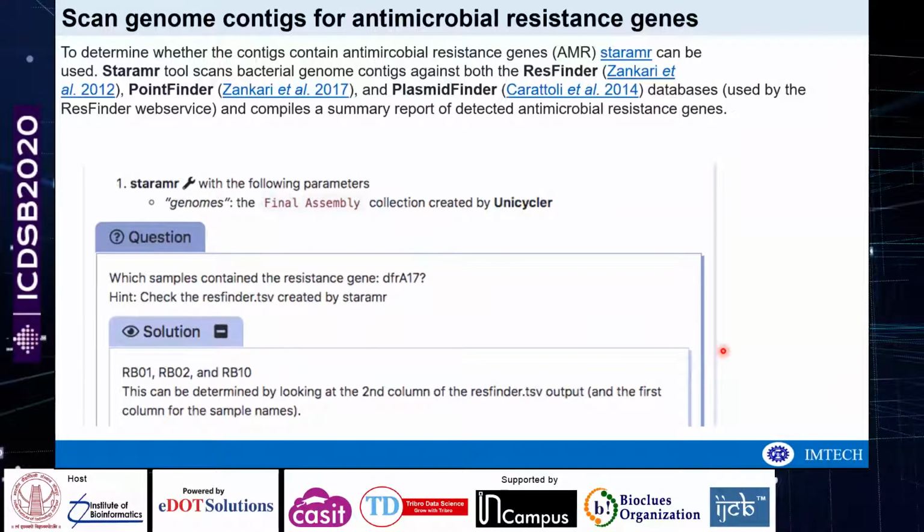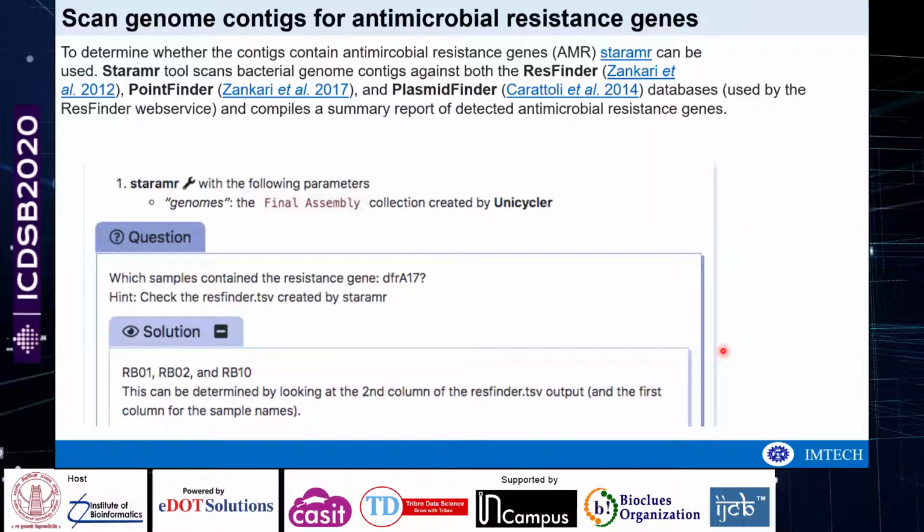Now we would like to scan some contigs for antimicrobial resistance genes, and there are certain databases or tools which are used to identify drug resistant determinants.